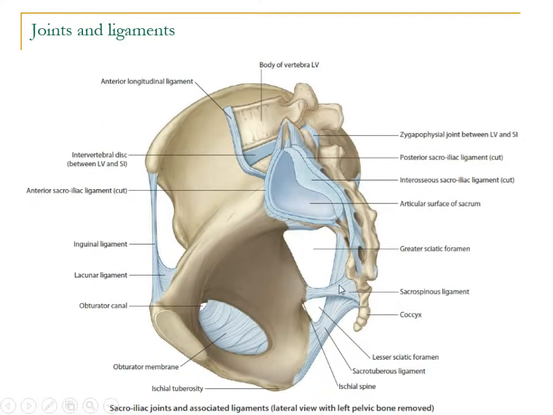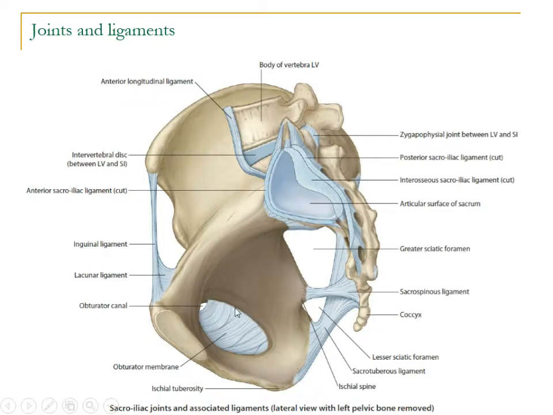We can see the same ligament over here. This is the sacrospinous ligament and this is the sacrotuberous ligament, and because of these ligaments, the greater sciatic notch and the lesser sciatic notch are converted into a greater sciatic foramen and a lesser sciatic foramen, which allow the passage of the different neurovascular structures from the pelvic region to the gluteal region, and also allow the passage for the vessels and nerves entering from the gluteal region back into the pelvic region.